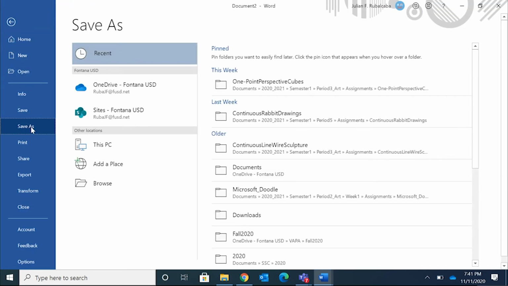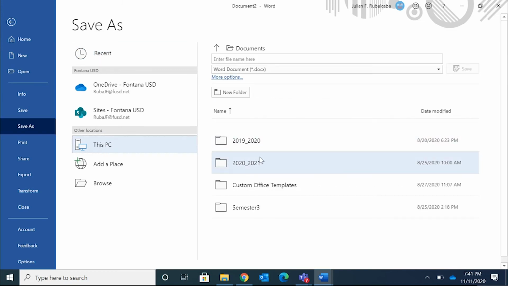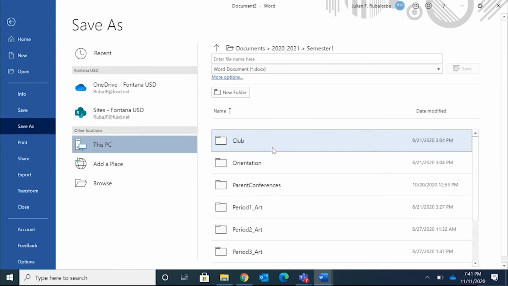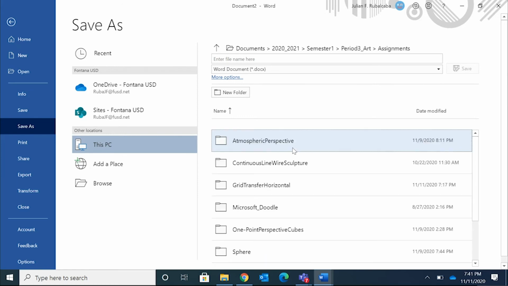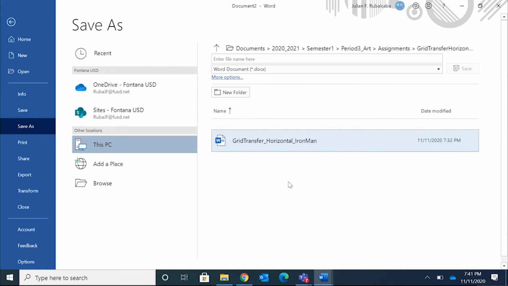I want to make sure I save this here, so I'm going to go File, Save As, This PC, the academic year, the semester. I'm going to scroll down to the folder that we're saving everything in, and for this period it's going to be 3 assignments, grid transfer horizontal, and I'm going to save this as grid transfer horizontal. So sometimes when I'm working on a document, I'll put the date that I'm actually working on the document,